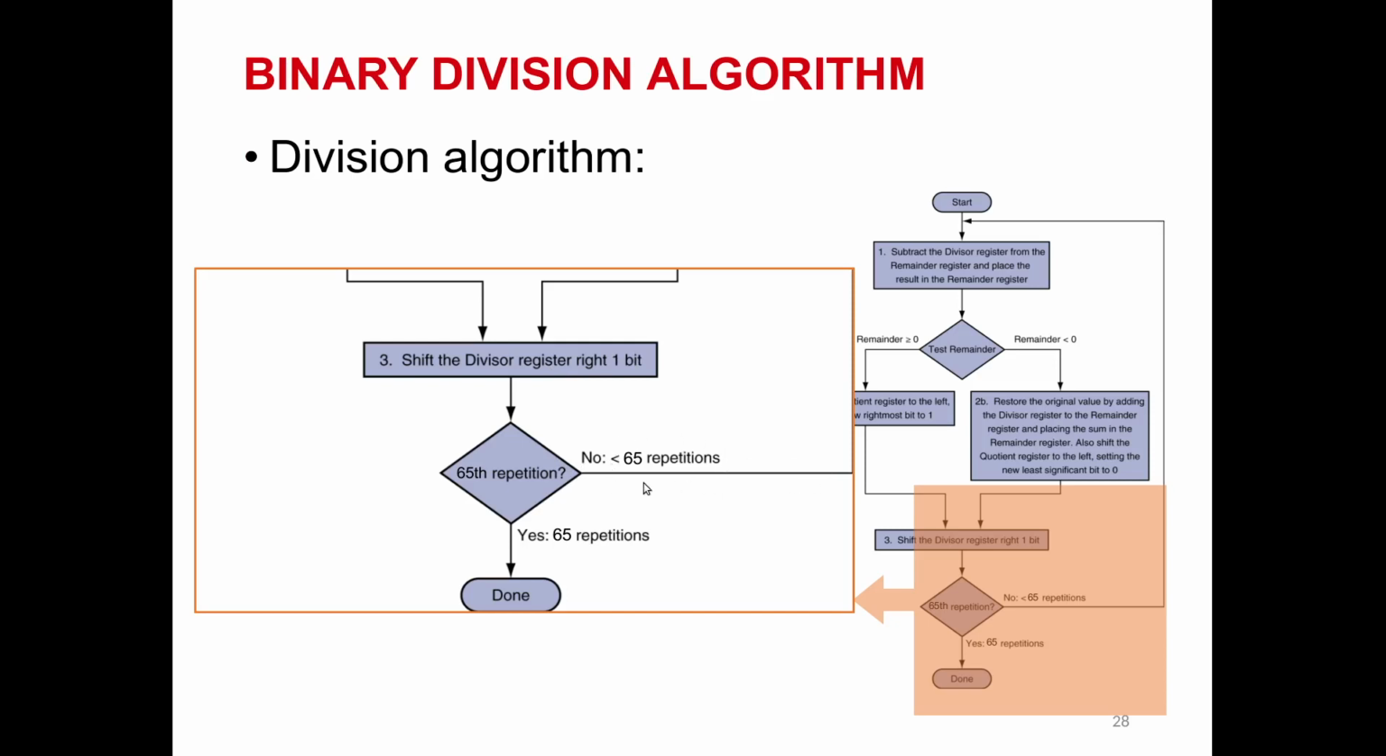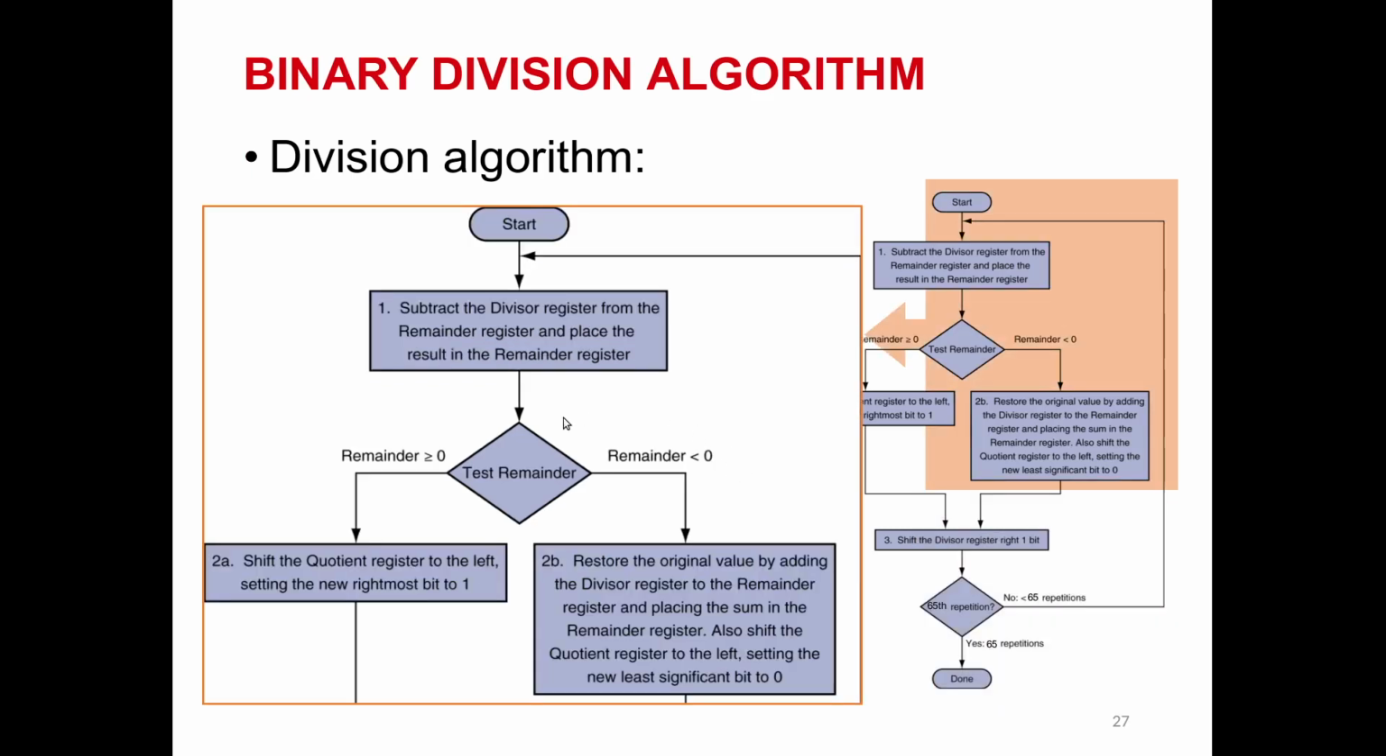and then if you are not yet finished the execution for all the bits, you will need to come back to the next step, and at the next step you do the same. You will subtract the divisor register from the remainder and store the result into the remainder, and then you check whether the remainder is larger than 0 or not. If it is not,